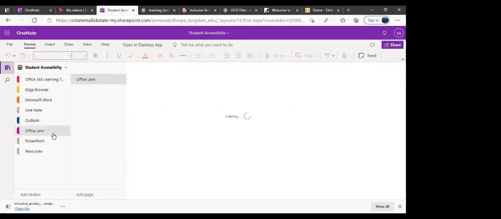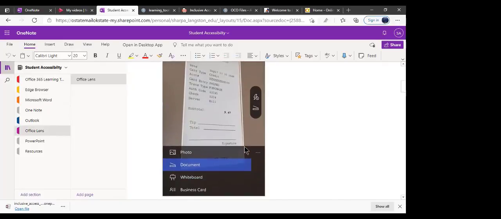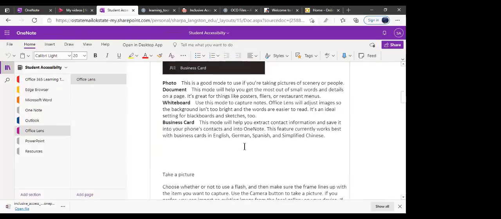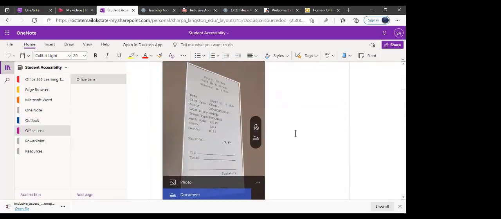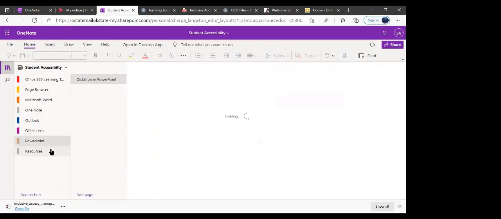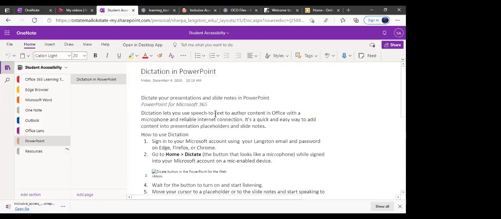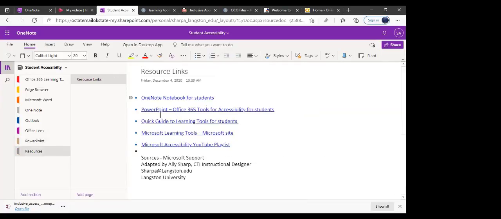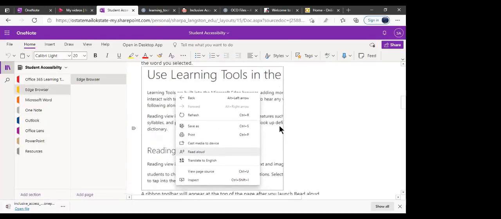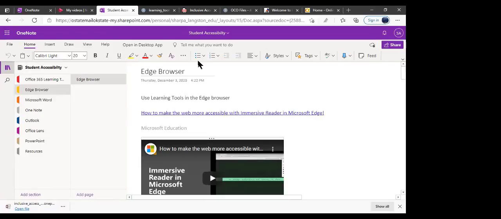Office Lens is something that's not in that PowerPoint, but if you download Office Lens and take a picture of a document, PDF file, book, or whatever, it will make it searchable text, and that's in Office Lens. So this goes through each tool, and it has resources as well, which is really where I got a lot of this from, because I kind of copy and paste from Microsoft and I adapt things. This is one of the things I'm going to share with you, this OneNote, and I share this with anybody who asks because it has all the tools right there.